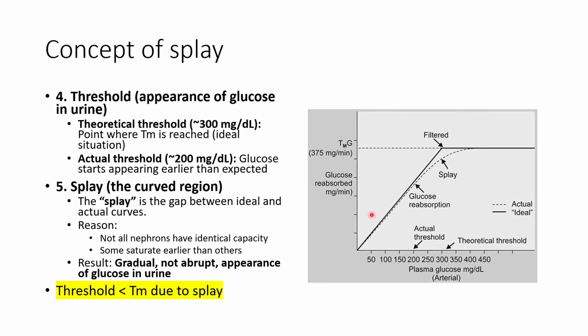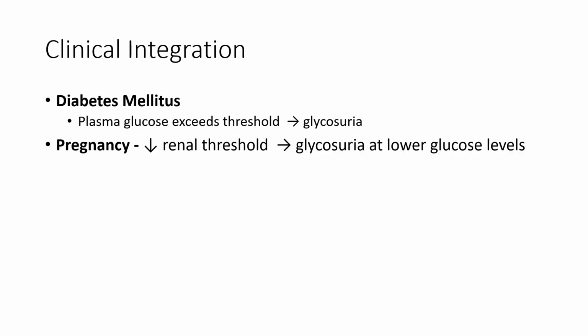So this leads to gradual, not abrupt, appearance of glucose in urine. Basically, splay is the gap between the theoretical value at which glucose should start coming in the urine and the actual value at which glucose starts coming in the urine. It is because of the difference in the number of pumps, receptors and channels in different nephrons. So that is why in diabetes, once the RBF reaches more than 180, more than 200, glucose starts to